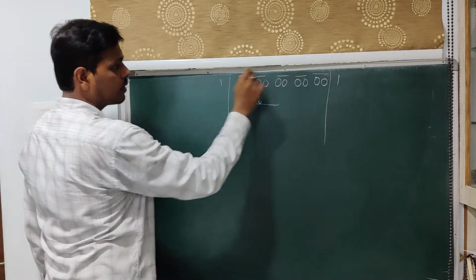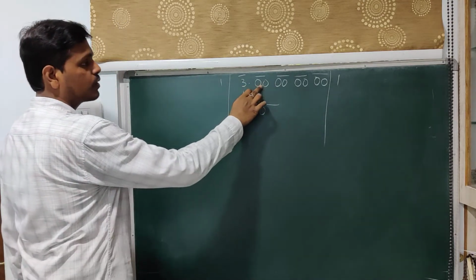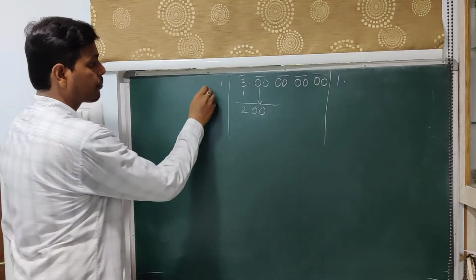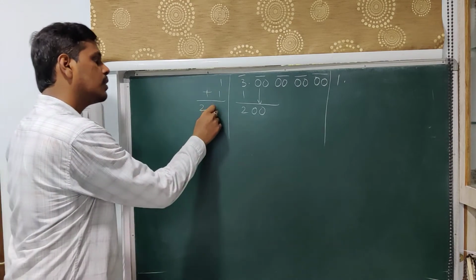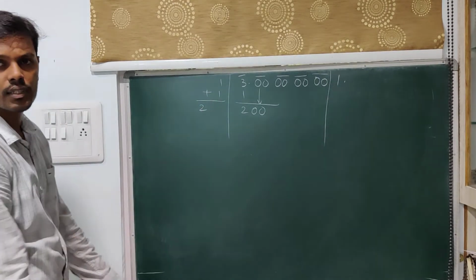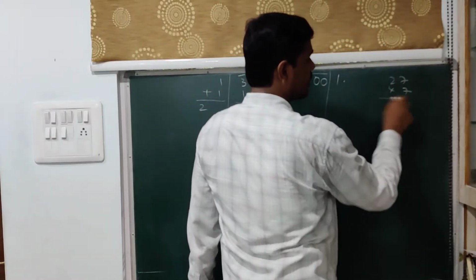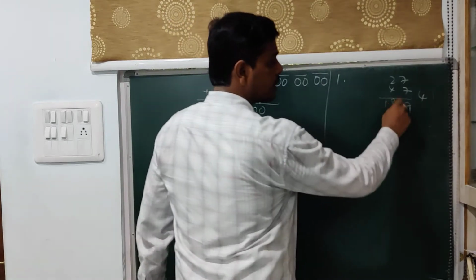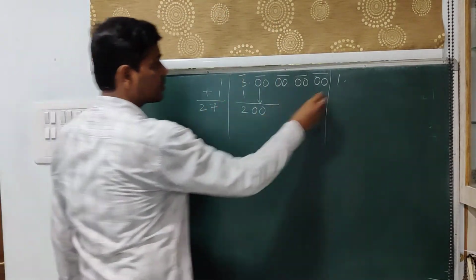Now carry forward this pair of zeros. Now we are carrying this pair of zeros after the decimal point. So you keep a decimal point over here and add upon 1. 1 plus 1 is 2. Now whatever the number you place here, you will be multiplying with the same number. If suppose I place 7 here, so 27 into 7. 7 sevens are 49, 4, 7 twos are 14, 14 plus 4 is 18. Now that is the closest, 189 is the closest. So I am going with 7.